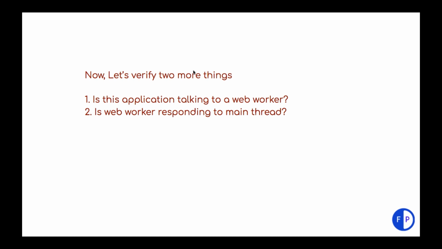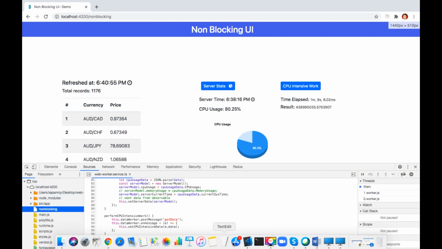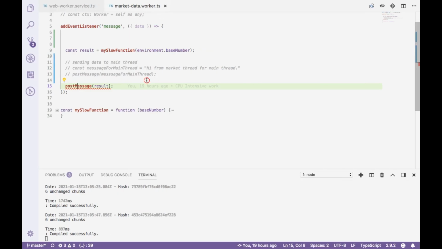Now let's verify a few more things. Is this application talking to a web worker? Is the web worker responding to the main thread? To answer the first, let me put a console log inside the market web worker. So here, this is the market web worker. Let me put a console log here.